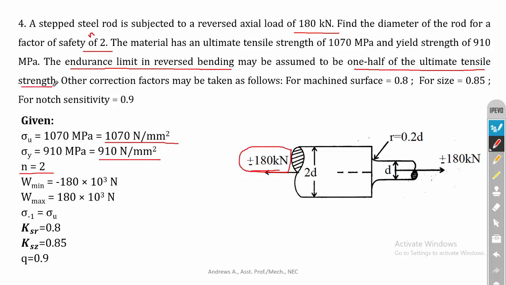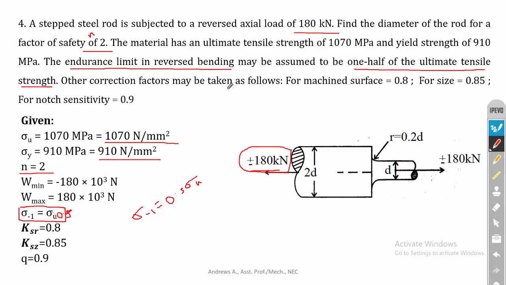Okay, so in the previous problem we referred to equation 1.41 to calculate the endurance limit stress, but here they have given a condition. You can see that in the given data sigma minus 1 is equal to 0.5 times the ultimate tensile strength. Okay, so here it is 0.5 into sigma u. So this is very, very important for your calculation. Remember that sigma minus 1 is equal to 0.5 times sigma u.